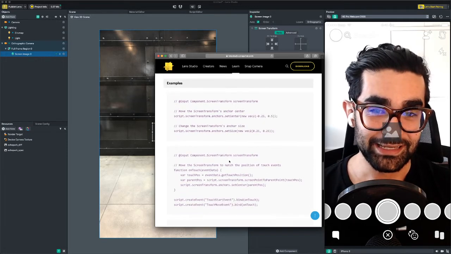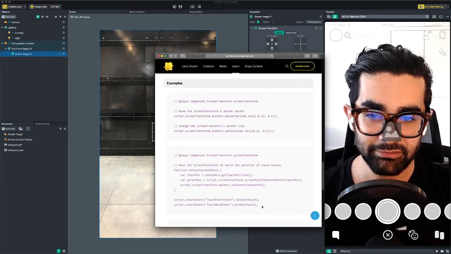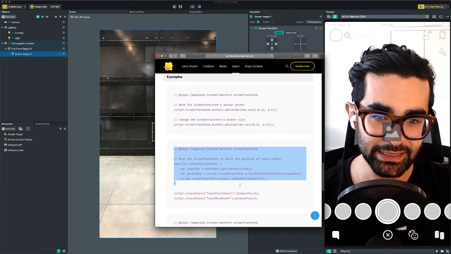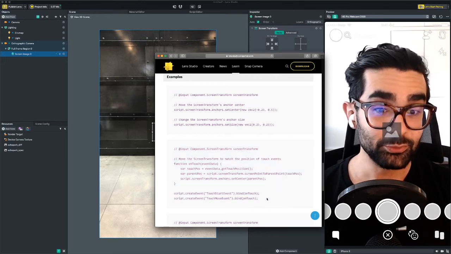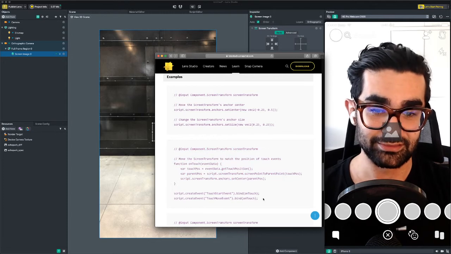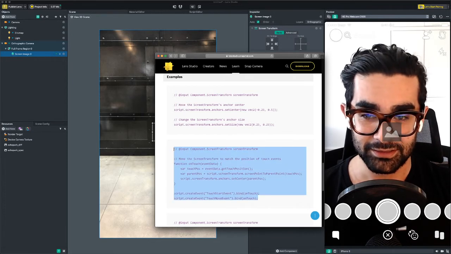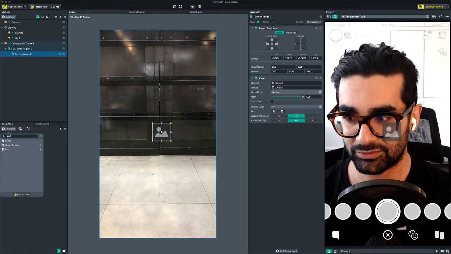In here they have a code that gets the screen transform, and on touch, it moves the screen image to that touch position. That's all we need. So I'm gonna copy this and go in here and search for a script,